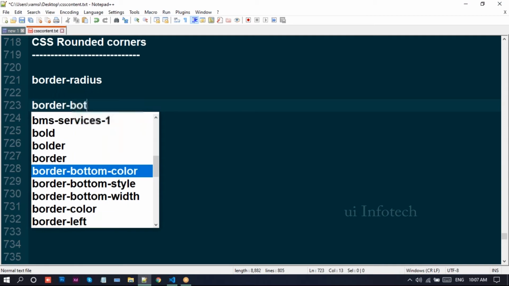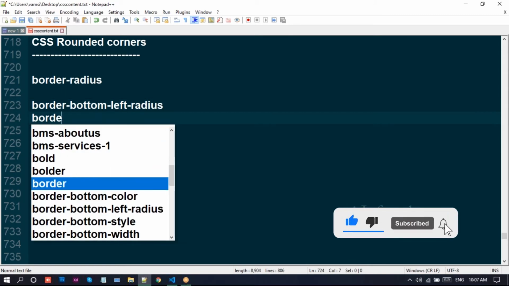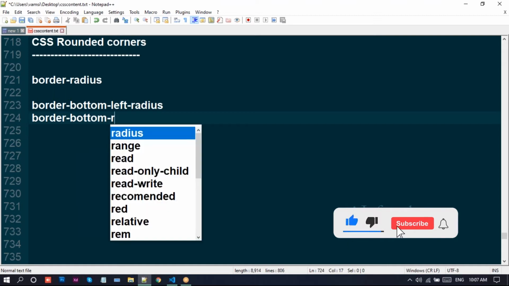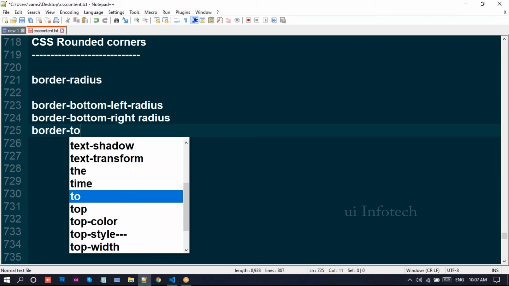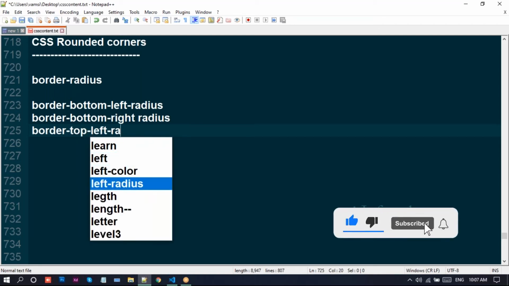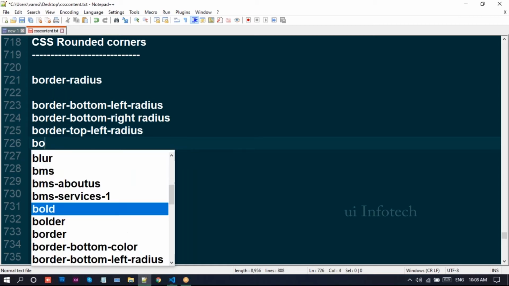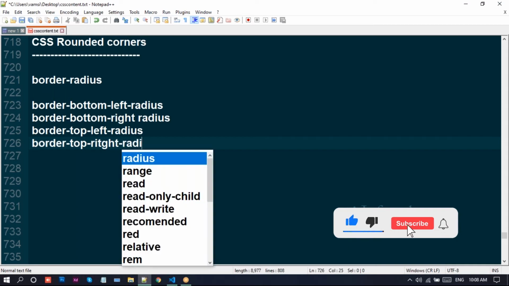The properties we have are border bottom left radius, border bottom right radius, border top left radius, and border top right radius.